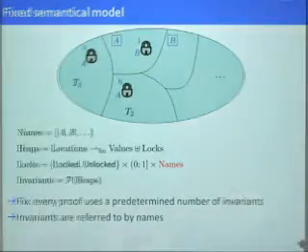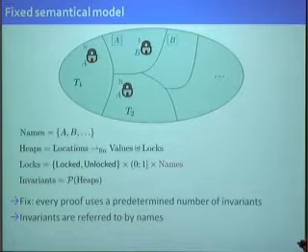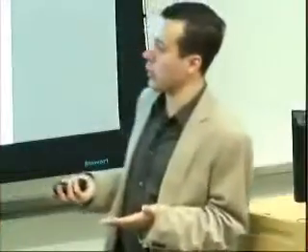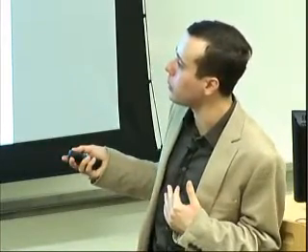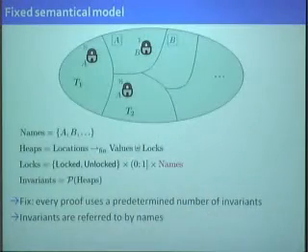And so in this picture, this corresponds to annotating every lock with a name and every partition with a name corresponding to its invariant. And now I don't get any circularity. This domain construction is OK because we have names and no circular definition. Heaps are defined in terms of locks. Locks are defined in terms of names. And invariants are power set of heaps.